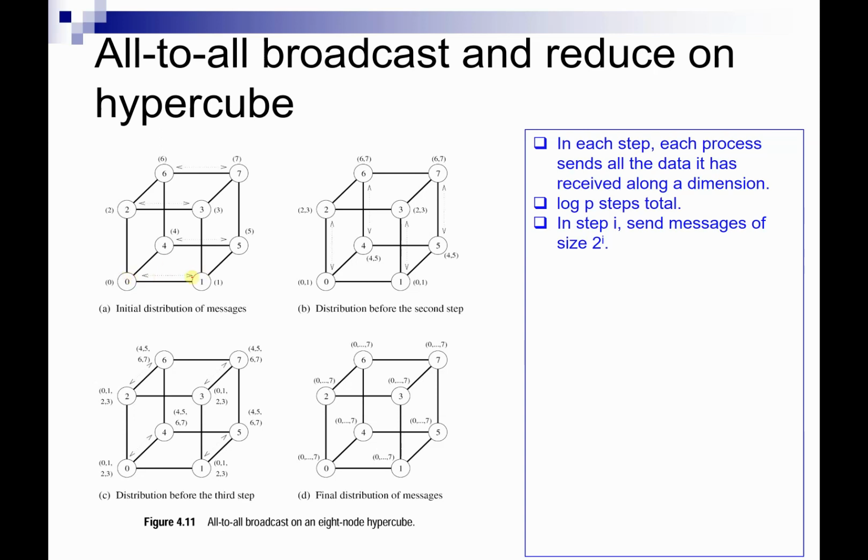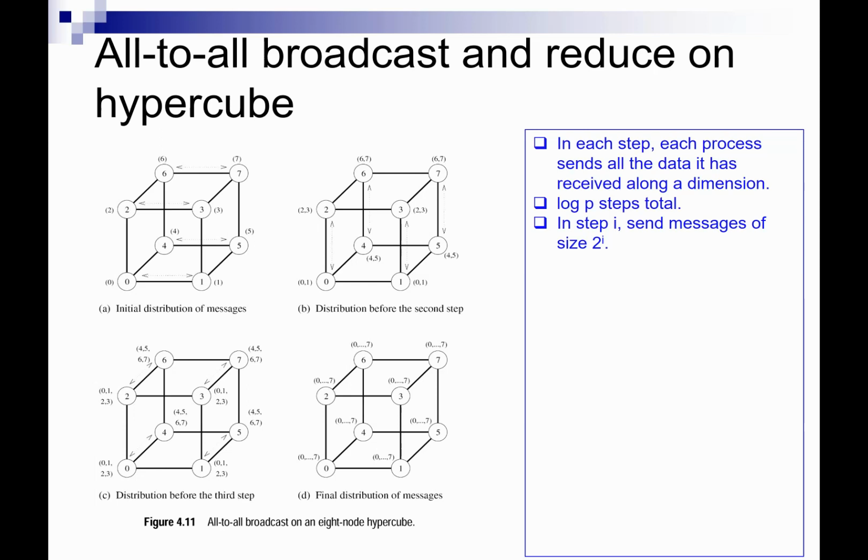So for example, 0 is going to exchange with 1, and 2 is going to exchange with 3, right? So you see that all of these exchanges are between processes whose ID differs by 1. And then in the next step, we're going to go in the